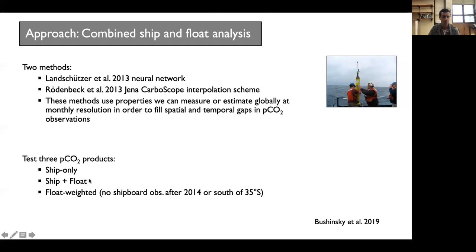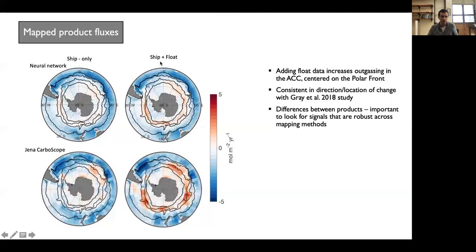One is a combined ship and float estimate, where we averaged ship and float data in grid cells where we had both of them, and one that was float weighted. So this was to try and give a sensitivity test of if we push things towards the float data, what fluxes would we come up with? And so we did a lot of different analyses, but just to cut to the chase,